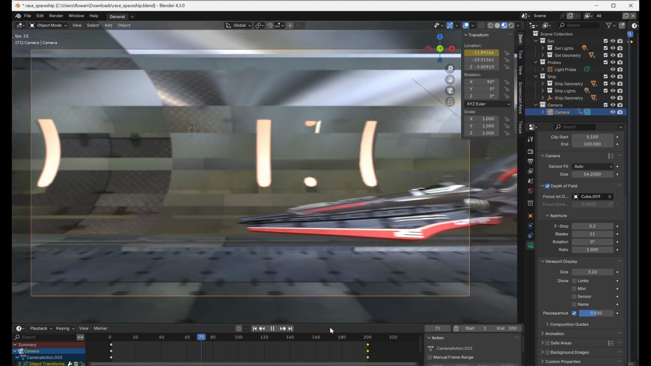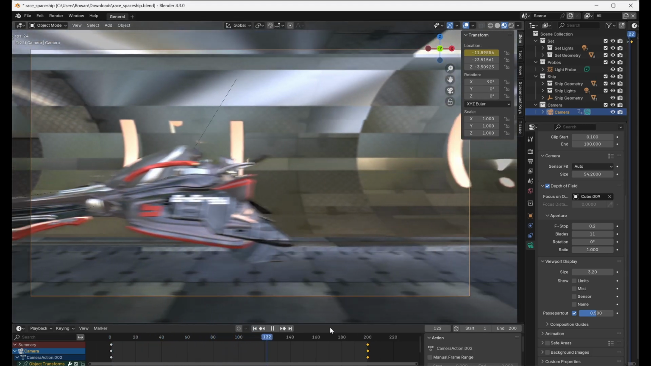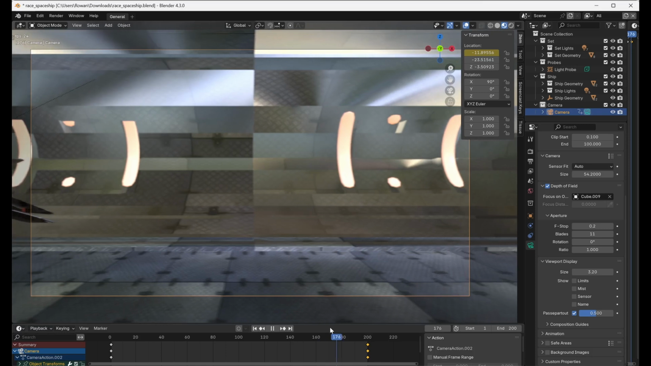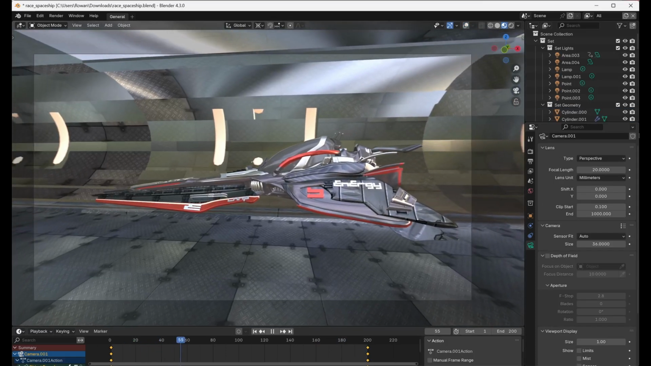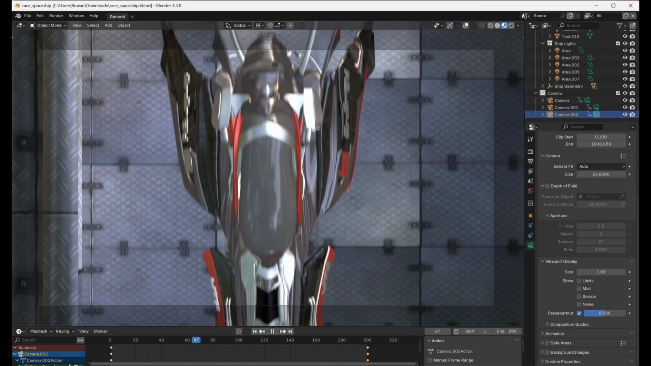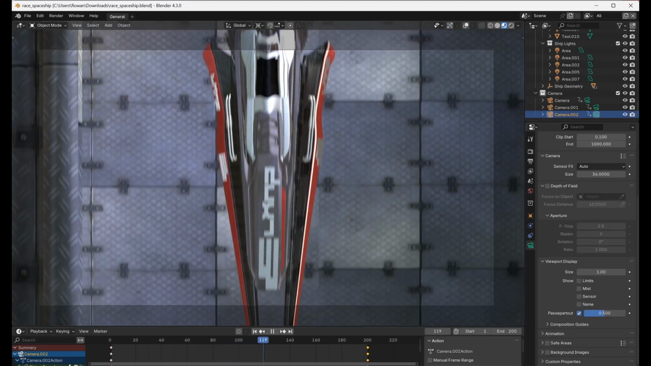It starts slowly, then speeds up during the middle of the animation, and then slows down again towards the end. So how do we fix this? The issue is that by default, Blender will interpolate the position of the camera between the start and end keyframes